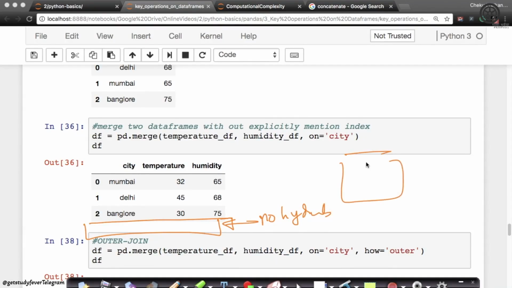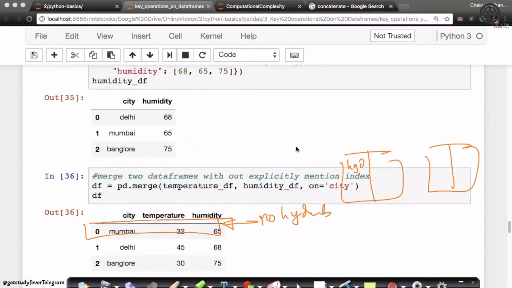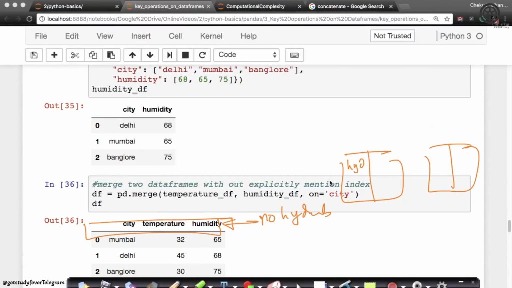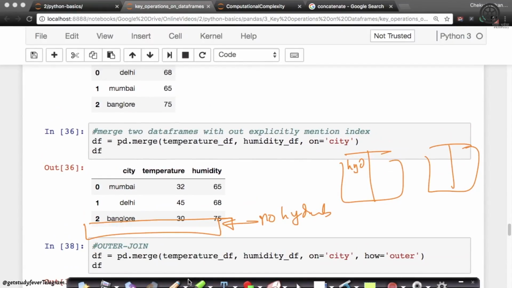Because between your two tables here, there is Hyderabad here with some value. Let's look it up. What is the value for Hyderabad? Hyderabad is 40, right? Here I don't have Hyderabad. So when it tries to join, it doesn't find Hyderabad here, and it says, oh, I don't have the humidity value here. This is the temperature value. This is the city. Again, this is the city, and this is the humidity. It says, I don't have this data at all. So it will completely drop this, and there is no Hyderabad in the result.